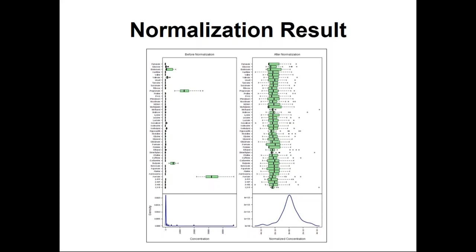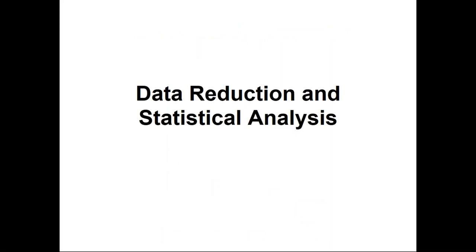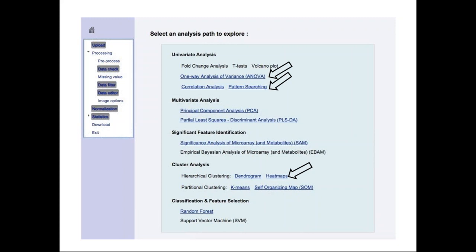Now, because we're looking at 4 time points, we're going to do something which Carl had already mentioned, which is basically simple analysis of variance. And this is just to basically see, are there some temporal trends in what we're seeing? We could also do some simple pattern searching to see if there are, again, some temporal trends with certain groups of metabolites. Now, we could have done this time series analysis with just a single animal, and we might have measured the same animal 3 or 4 times as essentially technical replicates. But here what we've done is we've got 9 animals, we're measuring them once, and then we're measuring them over 4 different time periods on this one treatment effect.